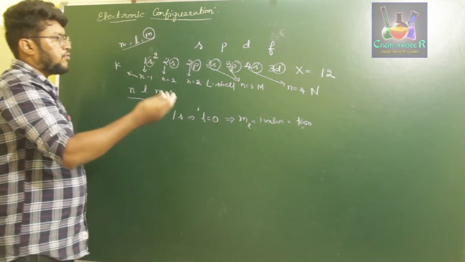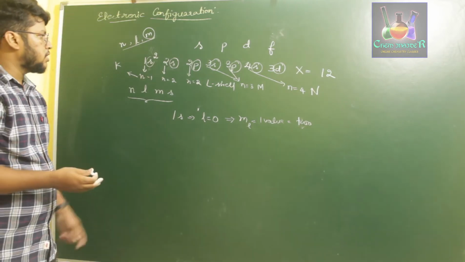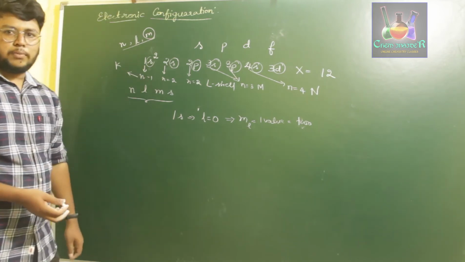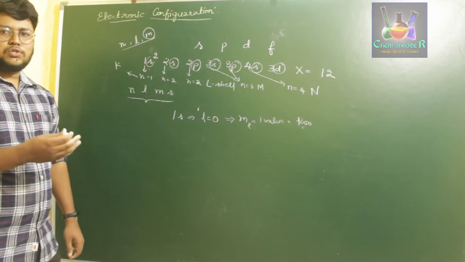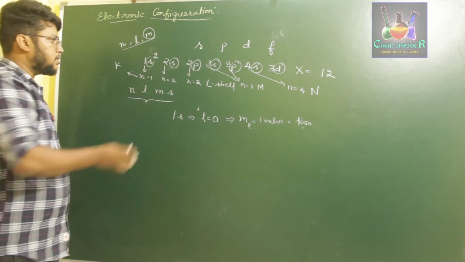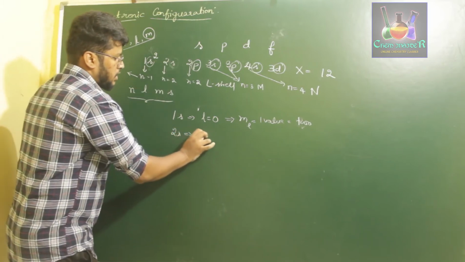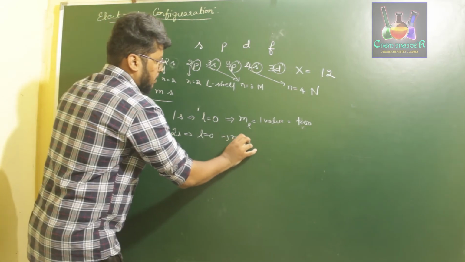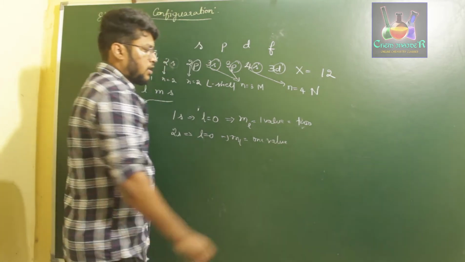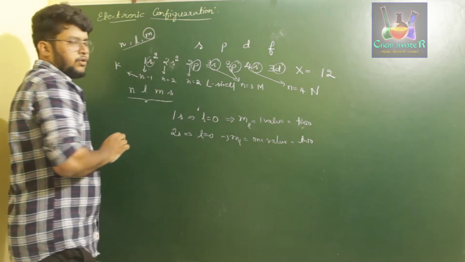Now, if you add one more electron to the 1s orbital, it won't take it, because there is no space for that incoming third electron. So it goes to the next lower energy level, that is our 2s. 2s can carry 2 electrons again, because 2s implies L is equal to 0, therefore the respective ml will have 1 value. Each value of ml carries 2 electrons, so 2s will be filled with 2 electrons.